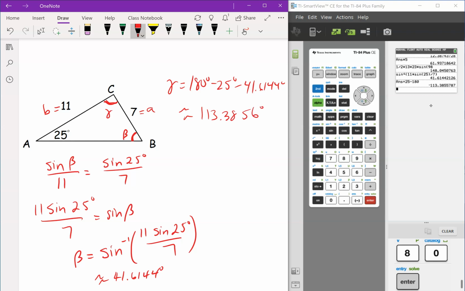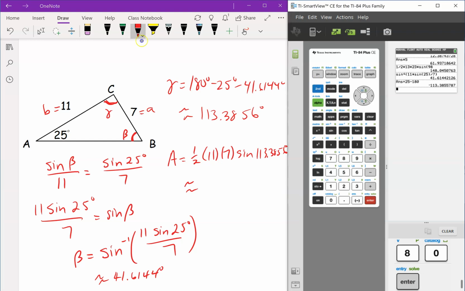And now we're ready to finish off the area, because now I found my included angle. So my area will be 1/2 times 11 times 7, the product of the two sides, times the sine of the included angle, which we just found was 113.3856 degrees. And now if we use the calculator,